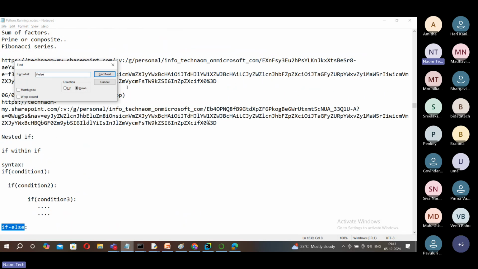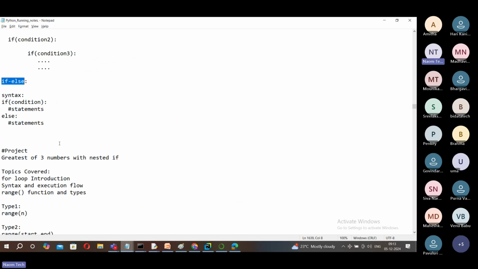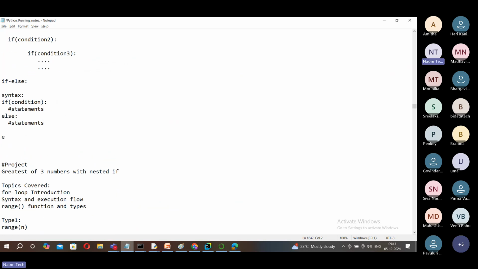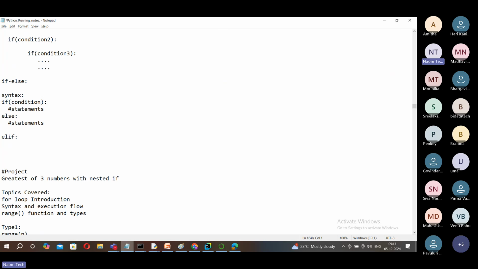Okay, we see here. Next one, elif. This is like the else if ladder in C, C++ and Java. In Python, they call this elif, friends. So we put elif, and the syntax is almost the same as if. Again, everything follows with the